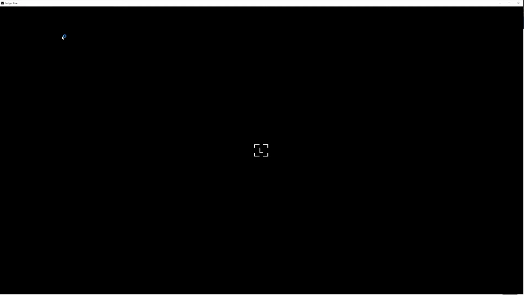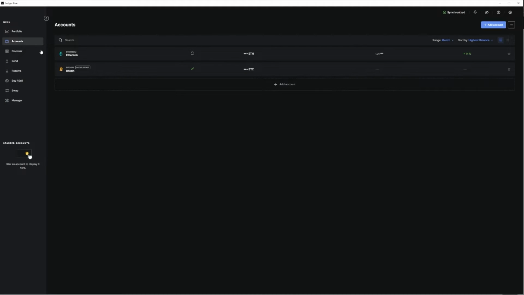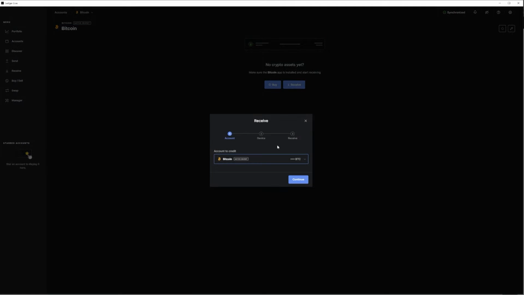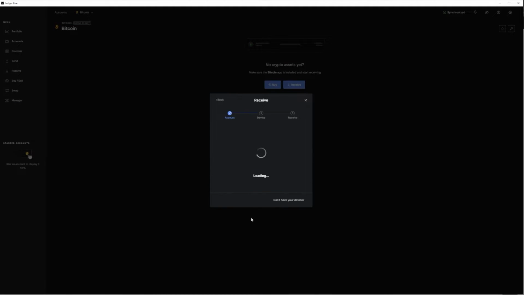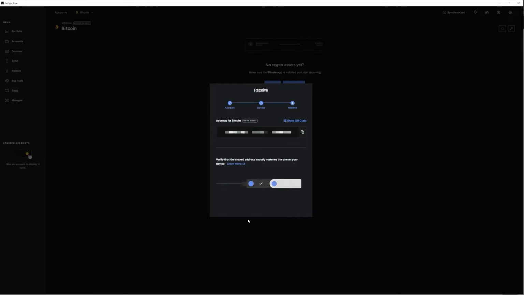So in order to send money from any wallet to your hardware wallet, you need to copy the receive address of Bitcoin of the Ledger hardware wallet. So we can go on receive or we can go on the account. Now click on Bitcoin. It's loading. Alright guys, you have to press those two buttons at the same time to confirm, to verify the address. And before that, you must copy the address. It is something like an email you are giving to the other person if you want to receive an amount into your account.